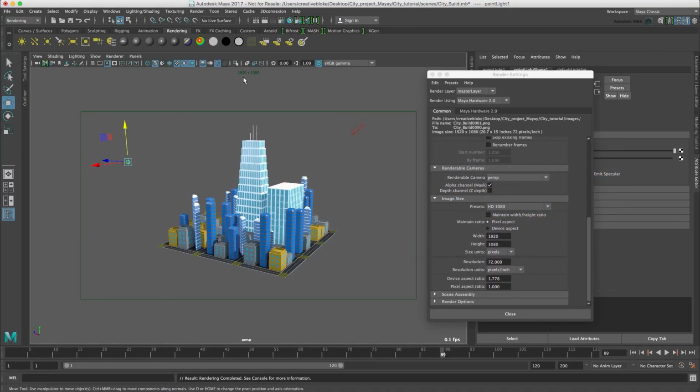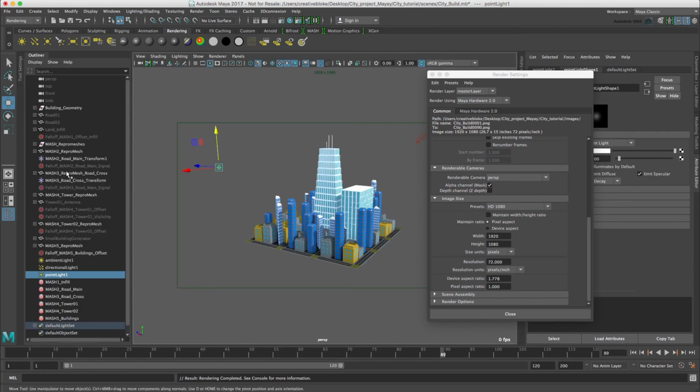So we have now finished our first Maya scene. All that is potentially left is to do a bit of tidying up in the outliner using groups for our lights and fall-offs and repro meshes, but I can leave you to do that. I really hope that you have enjoyed our first Cinema 4D to Maya tutorial, and I look forward to seeing you